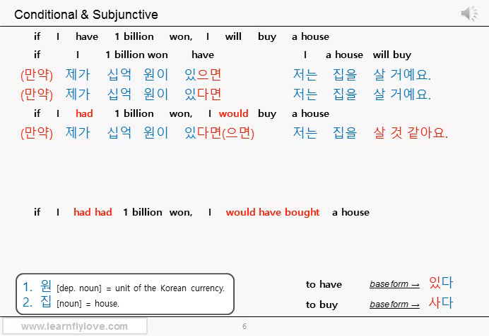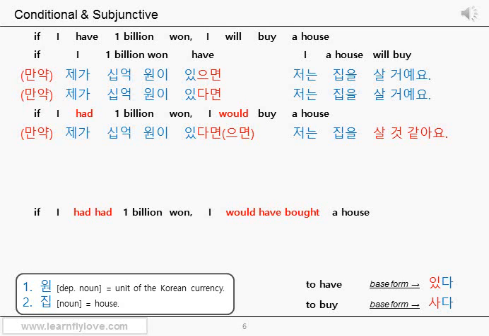That's it. It's not that you should use 을 것 같아요, since it's not the direct translation of the English modal would anyway. It just means you expect to do that. Therefore, you can also use other assistant predicates or compound expressions that won't ruin the actual meaning of the sentence you are willing to express. For example, you can even say that if I had 1 billion won, I want to buy a house in Korean. 만약 제가 10억 원이 있다면 저는 집을 사고 싶어요. Or, if I had 1 billion won, I will buy a house. 만약 제가 10억 원이 있다면 저는 집을 살 거예요.